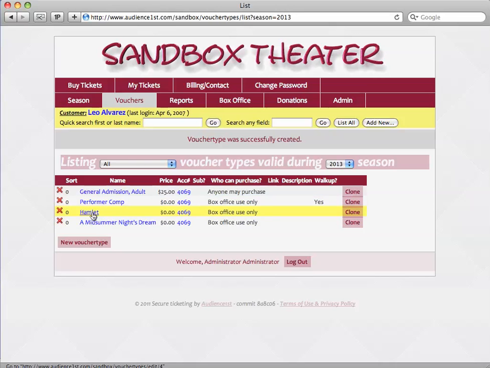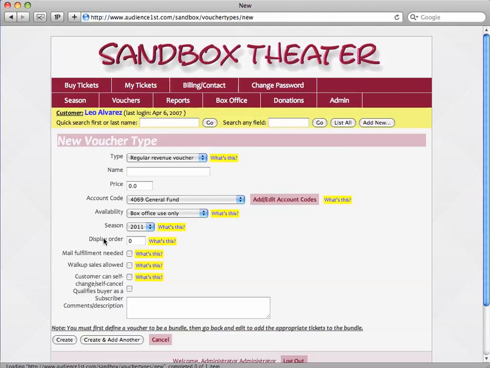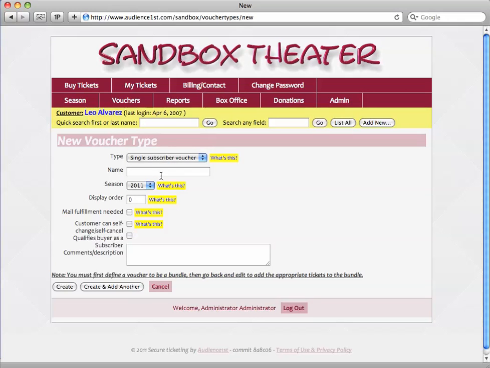On the voucher type screen, you can see that I've already created subscriber vouchers for Hamlet and A Midsummer Night's Dream. That's 2 shows in our 3-show season, and I'm going to create a subscription package that gives you one ticket to each of the 3 shows. So the first thing we have to do is set up the voucher type for our 3rd show, which is going to be Macbeth. We'll set it up as a single subscriber voucher, and when you're setting up a traditional